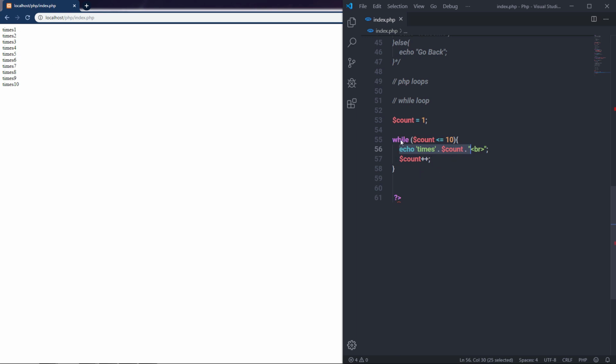Then it will check the expression again, and at this point I have 2 inside this count variable, and then it will check count is less than or equal to 10. The expression will return true, and I'm going to get here times 2. Just after that, the count will increase its value by 1, and I'm going to have 3 inside this count,